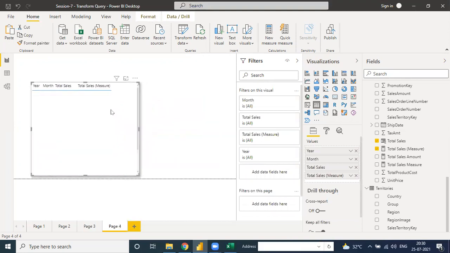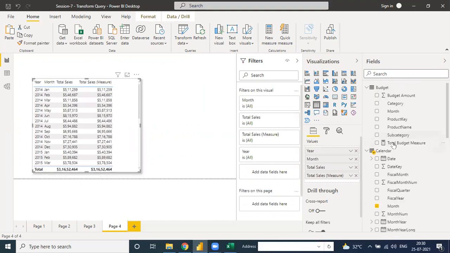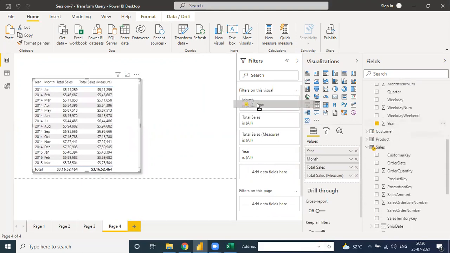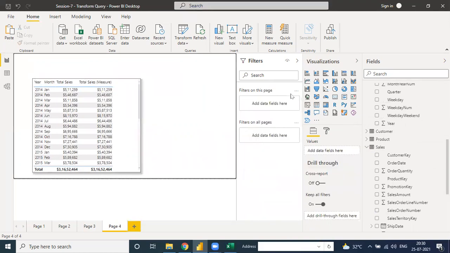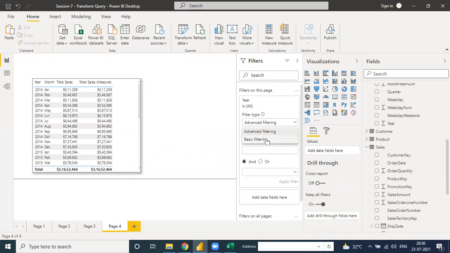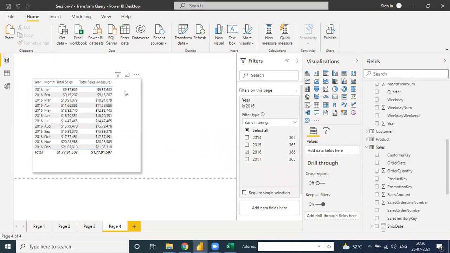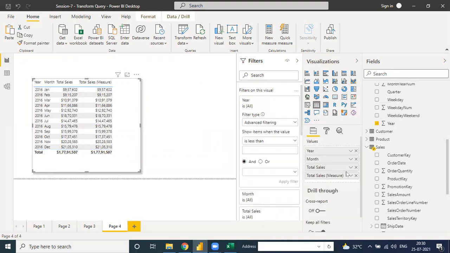Same thing we do. From the calendar table we put the year on this page. Go to advanced, basic, select 2016. Now we remove all the fields like total sales or total measure.